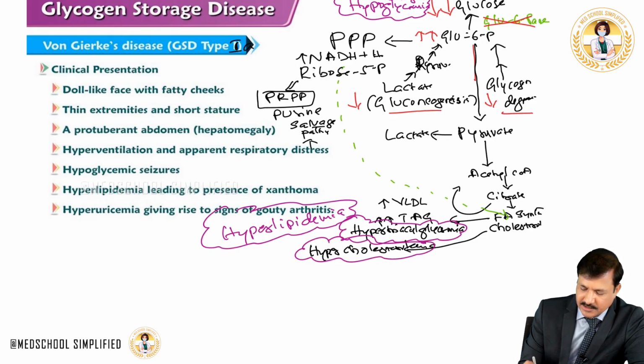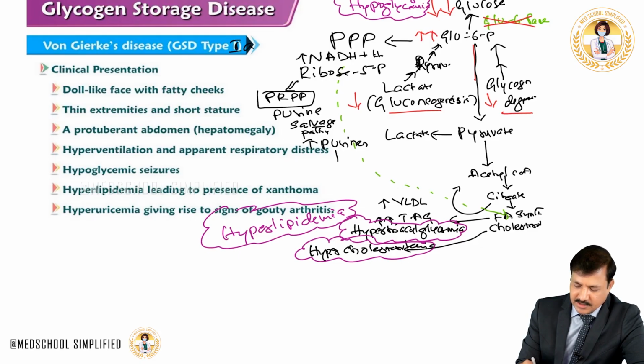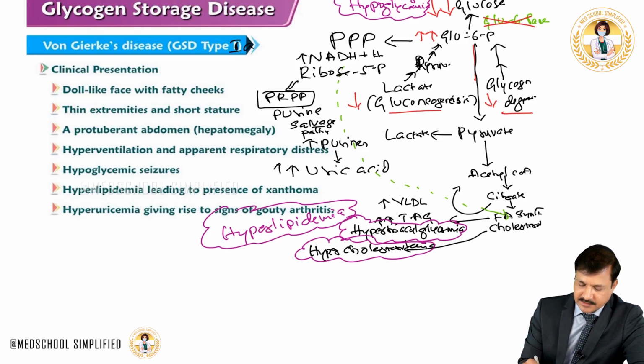There will be an increase in purines, and these purines will be degraded because they will be synthesized in increased quantities. Purine degradation will give uric acid, and uric acid levels will be elevated. Elevation of uric acid levels in the blood is called